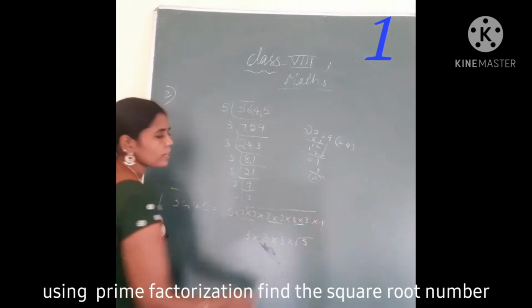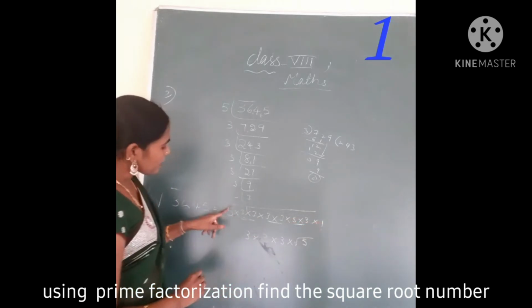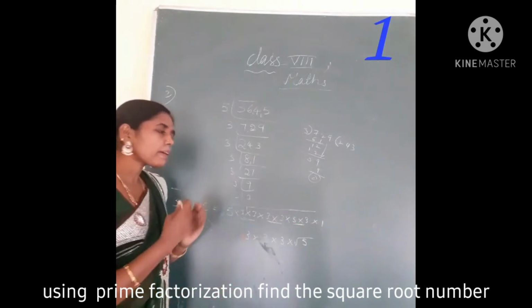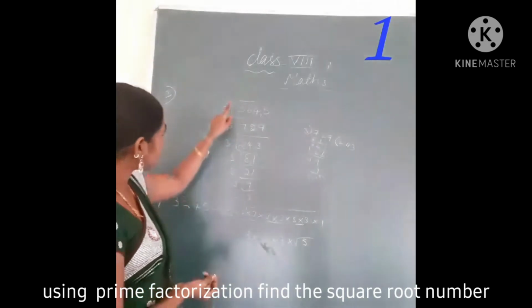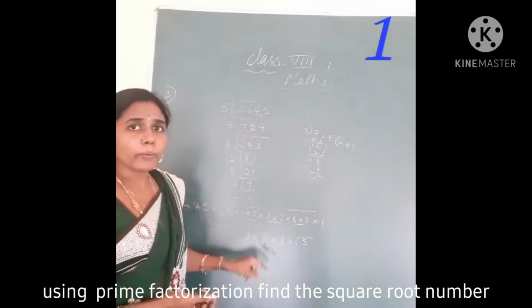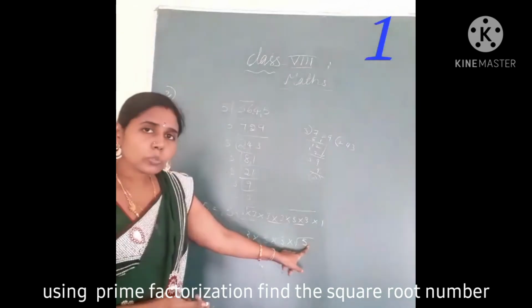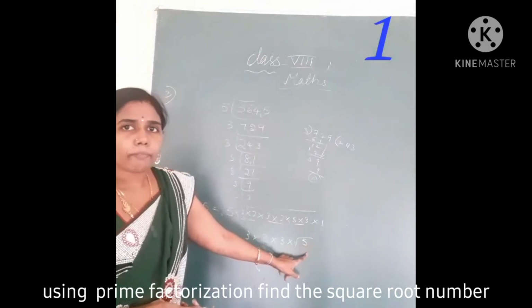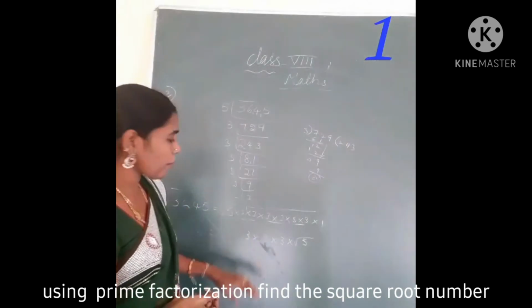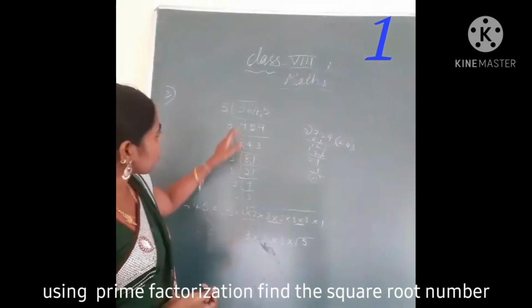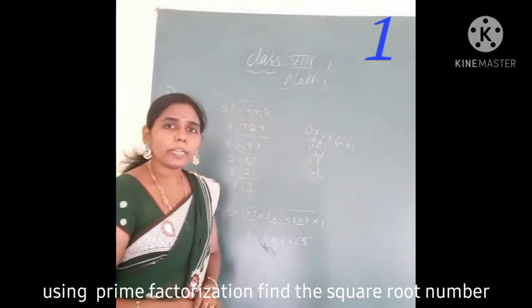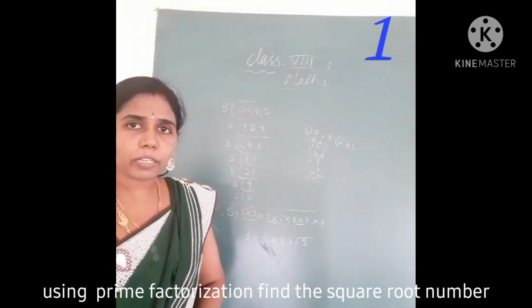If there are none left, also no problem. But for the 5 to come out, when will it be a perfect square? When this number is multiplied with 5, it also has a square root, which will be 5, so it will come outside. So therefore, what is the answer? When we multiply this number with 5, we will get a perfect square.